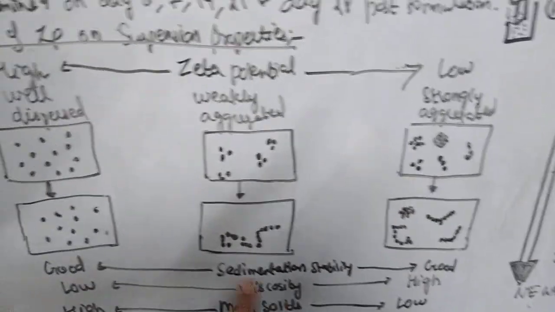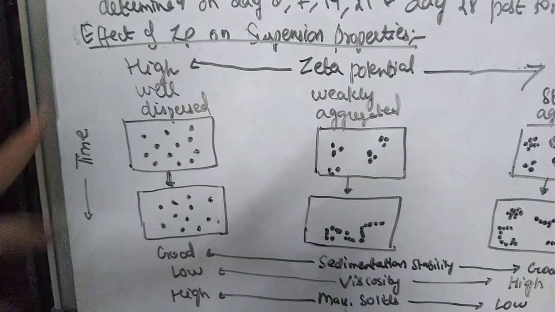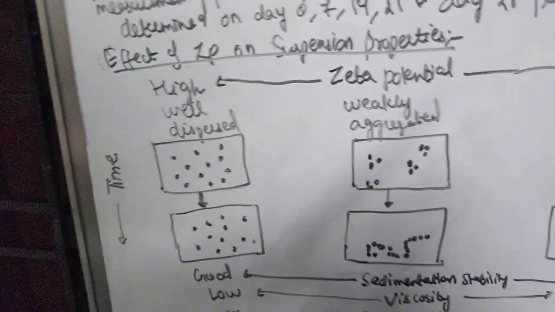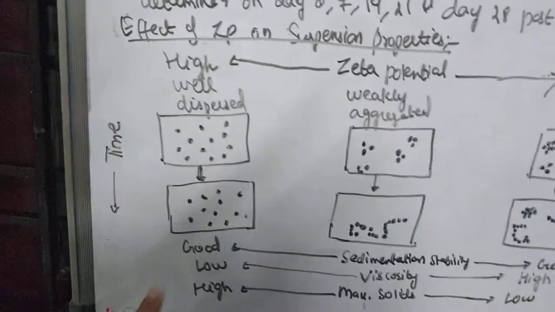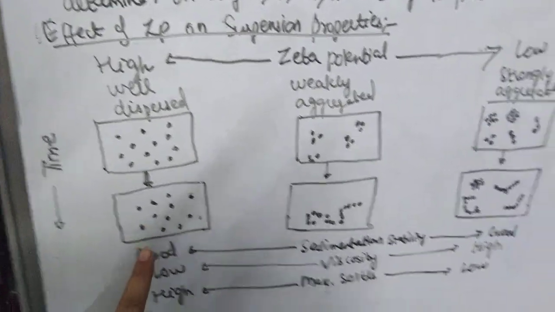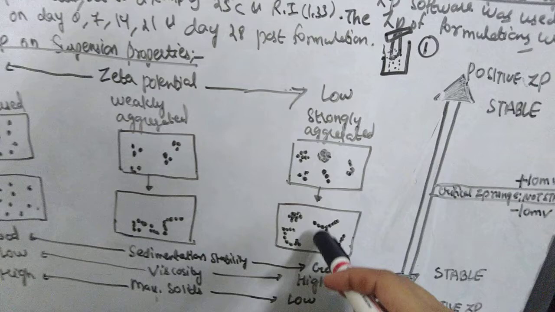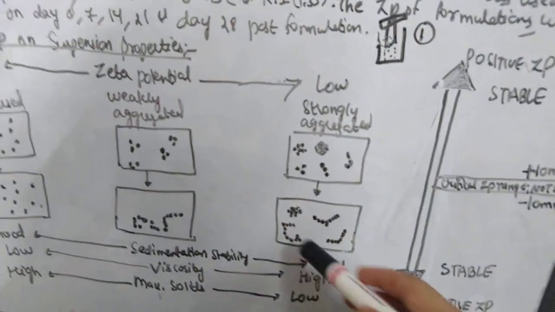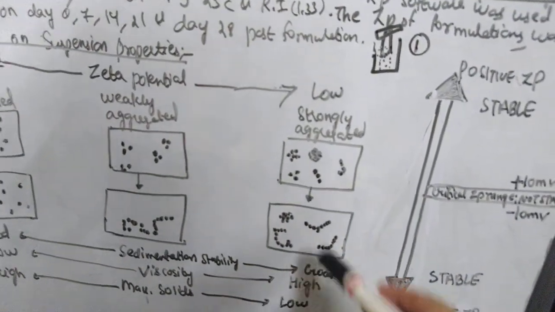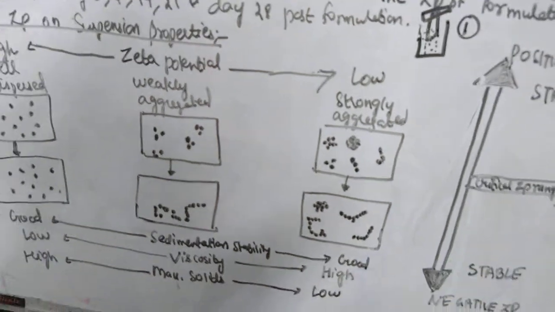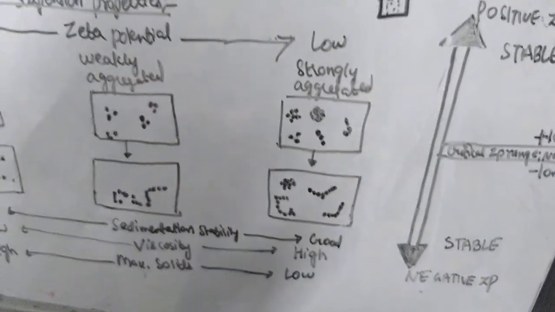Then viscosity. Viscosity will be low when the particles are individually suspended, because viscosity is a measure of, you can say, thickness. So here viscosity will be very low because it is a very well dispersed system, and here the floccules are arranged strongly. So then here you will have a high viscosity, aggregates are there, loose flocks are there. So this kind of system will have high viscosity.